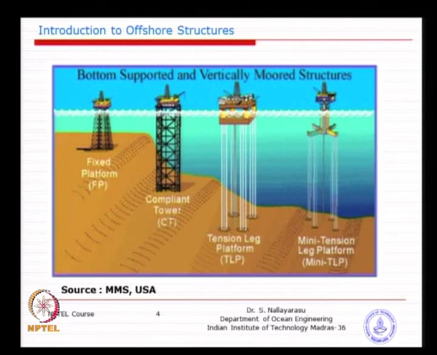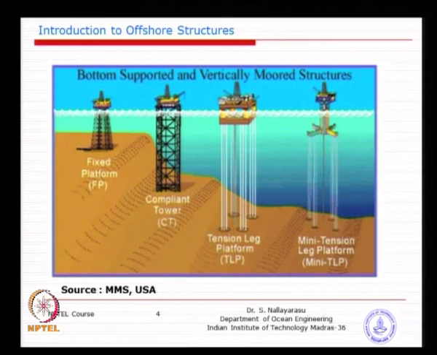So, what we need to see is what difference it makes in terms of operational capability, because we made it a cylinder, and how we remedy that situation, because we can't build a platform of a similar kind. It becomes too big, number 1, too big in the sense of too costly, and number 2, installation may become a problem. Of course, in the recent past, within the last 20 years, a 600 meter water depth jacket has been installed in the Gulf of Mexico. How they did it to overcome the installation is a different scenario.